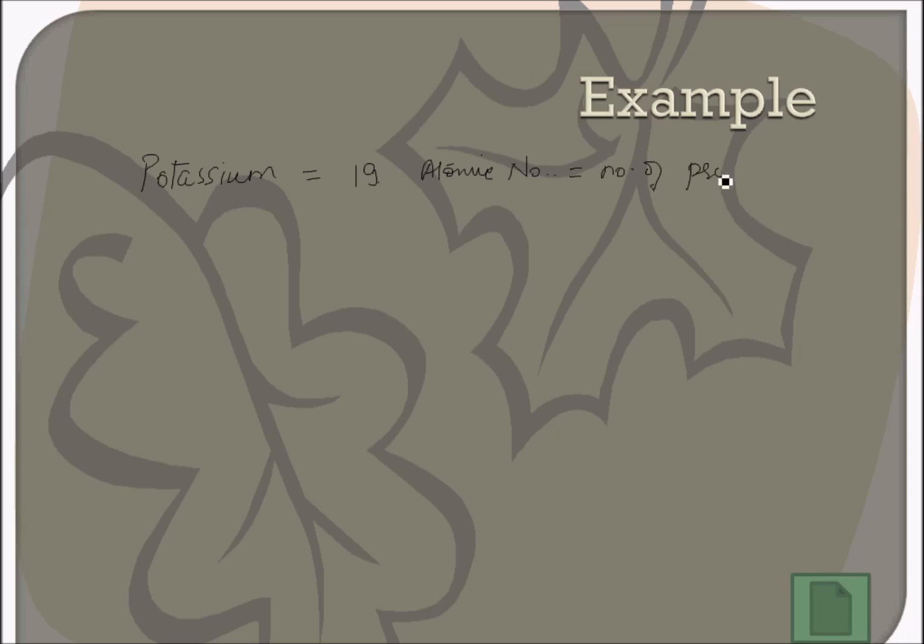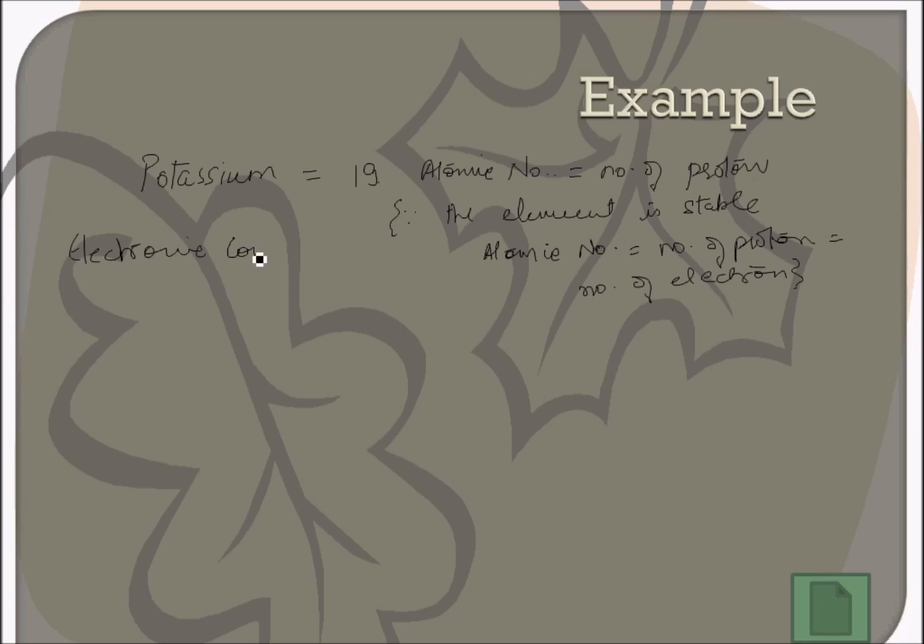We can write here number of proton, and since the atom is stable, therefore the atomic number is equal to the number of protons is equal to the number of electrons. So now if we make the electronic configuration of potassium, it comes out to be 2881, right? We can also take the example of calcium,